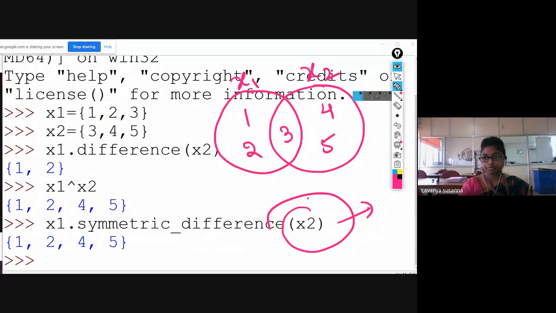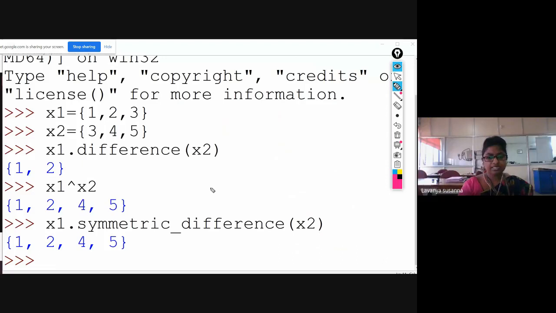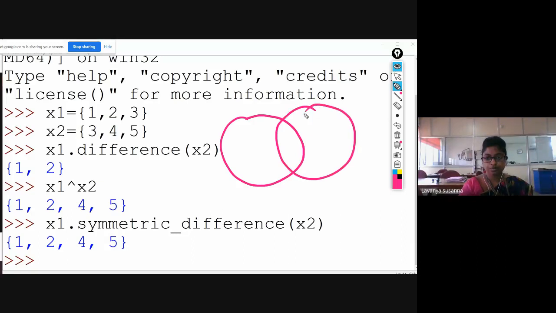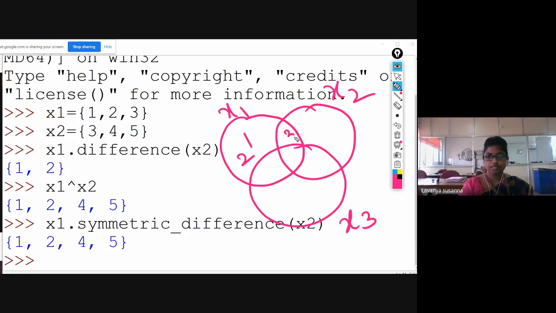Now let us see. x1, x2, x3. Okay, see here, there are 3 sets: x1 set, x2 set, x3 set. I am defining it.